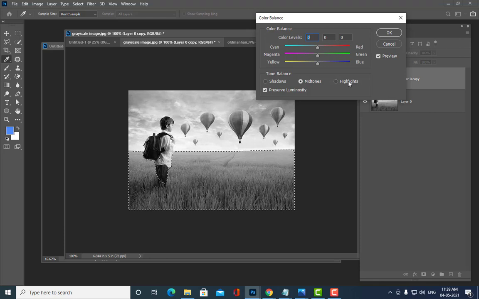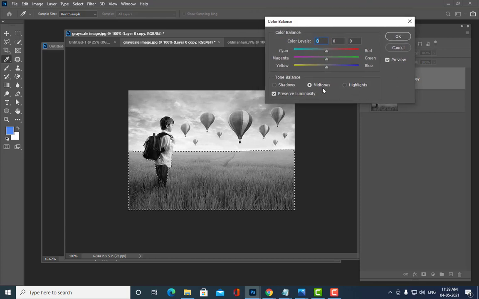Okay, so what you have to do is, first I will try to increase the green color in the midtones. Okay, so just simply click this button and just simply drag this. See, now it is in the midtones area, the image is becoming greenish.